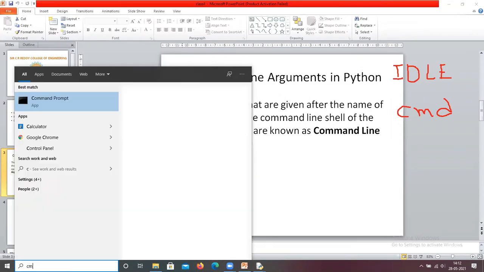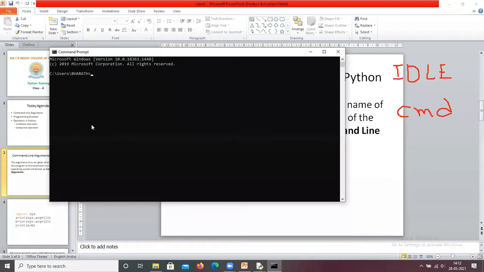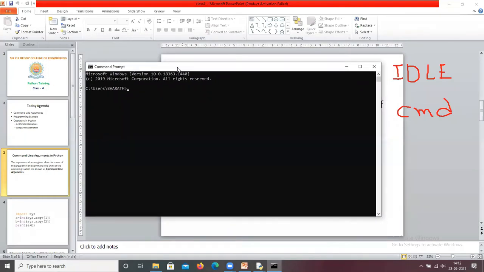So press CMD. This is the command prompt. I saved my program in E drive, so I move to E drive. If you observe, the control now goes from C drive to E drive. Now how can I execute my program? I give the command python followed by the program name, sample.py.